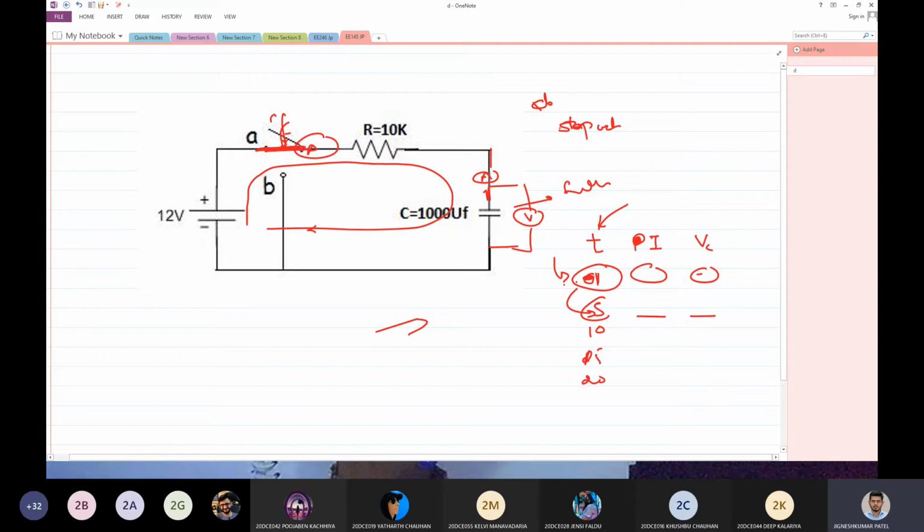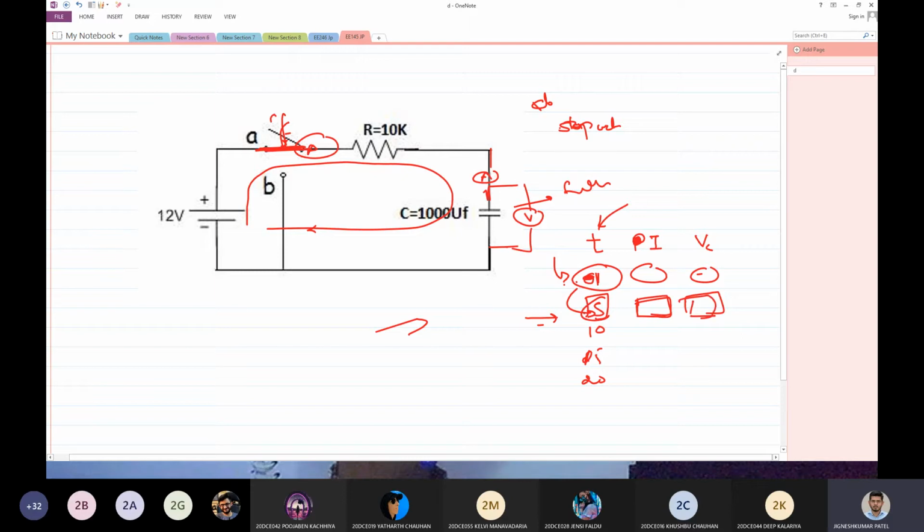Okay, so basically, if you are present in campus, then two students have to take the readings, and the third one has to take the time. When 5 seconds are done, one would clap, and one will take the reading of I, and the other one will take the reading of V, and at the end we'll combine the readings. Exactly at the 5th second, you have to take that I and V both at the same time.